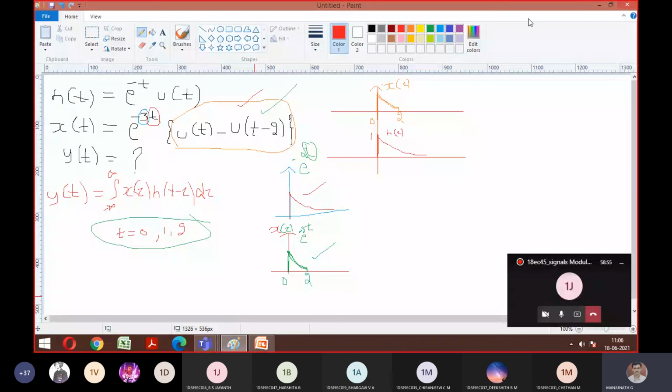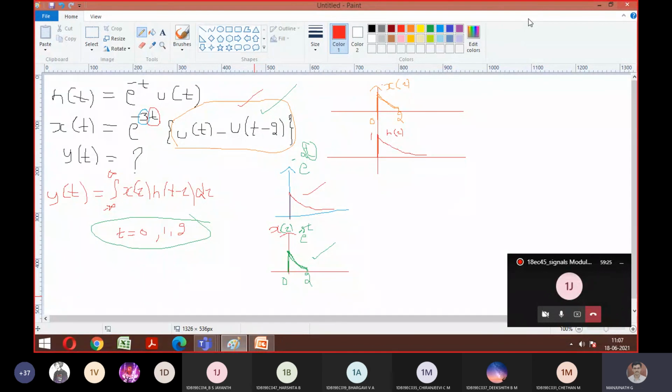What is the interval you will consider? Can you consider t greater than 0, less than 0, equal to 0 concept here? No, sir. So it is not applicable for this problem. I told you at the beginning that you have different categories of problem. The first problem was generalized because it is like infinity into infinity. Now it is having two functions, one ending at interval 2 and one ending at infinity. Whenever you find this type of problem, you need to know what different categories you can take.